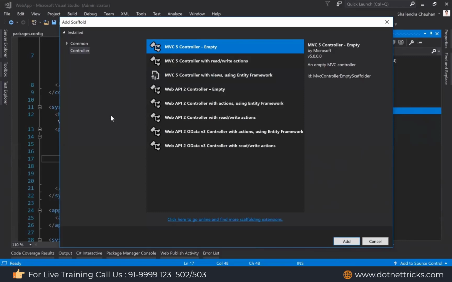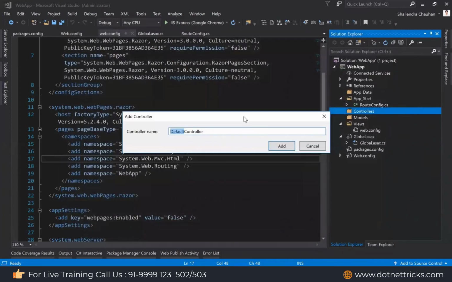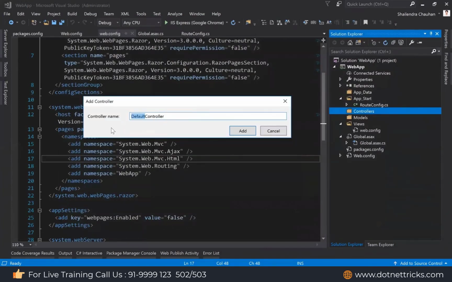So here I'm just using the MT1. Then click on that button. Now here it is suggesting. Now it is asking for the controller name. So I can mention my controller name as home. And every time you are defining a controller in MVC, that class name must have the word controller as a suffix.